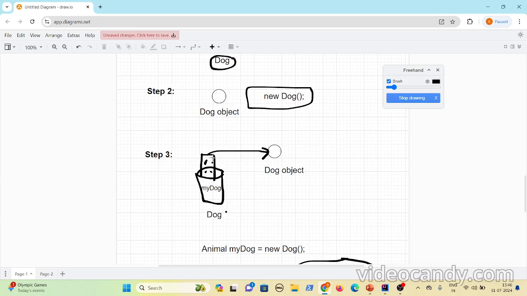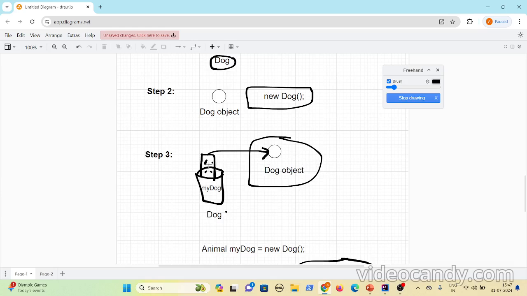Now you are linking the reference variable to the object. So after linking, when you invoke the roam button, it goes and invokes the roam method on this object. The reference variable will just have the buttons, but when it gets linked to any object, only then will it be able to perform the operation.